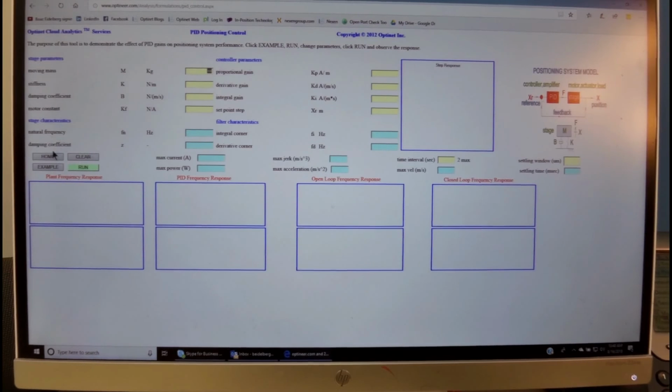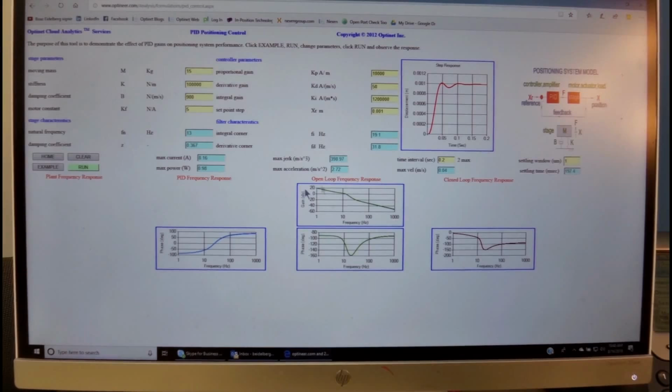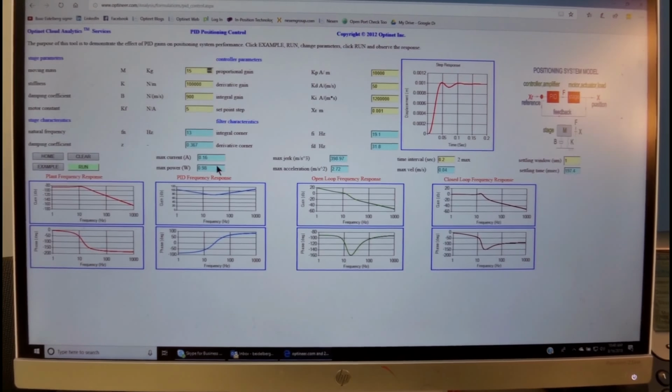The example is obtained by clicking the example. This enters values in the yellow boxes, and then when we run it, the results are entered in the blue boxes. So let's see what we have in here.